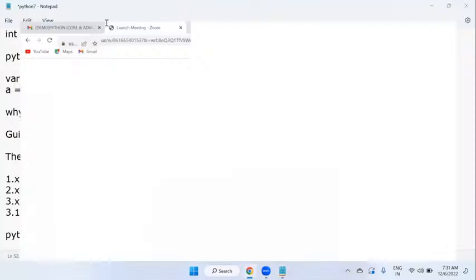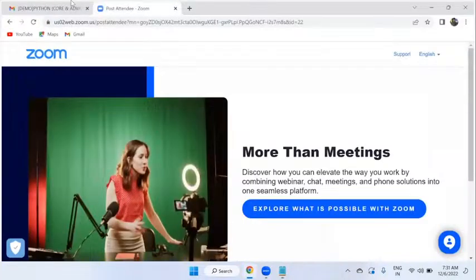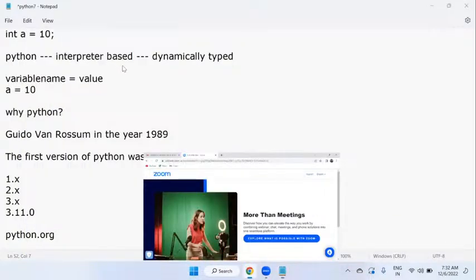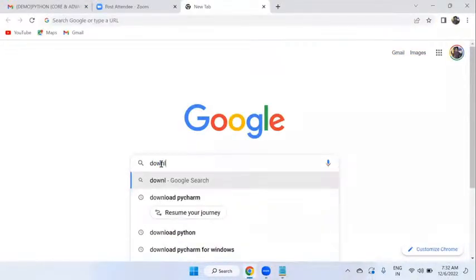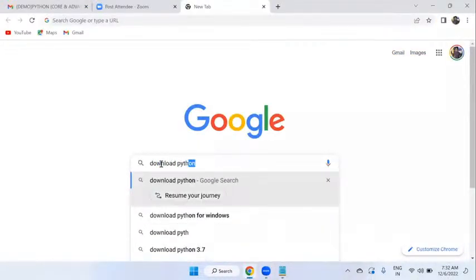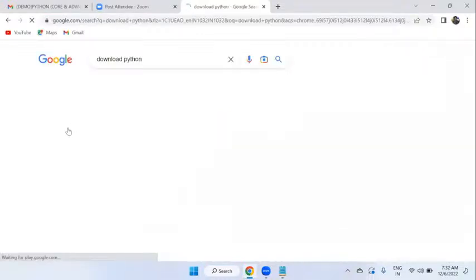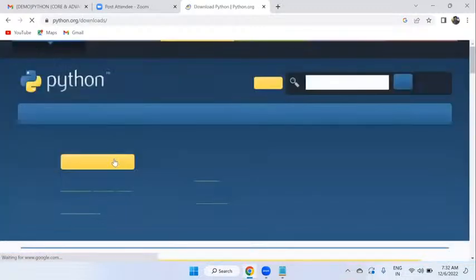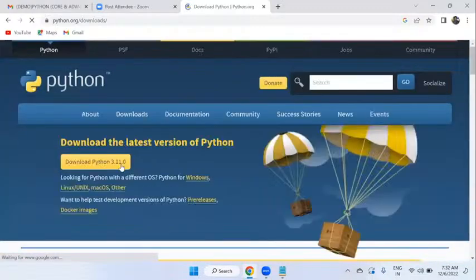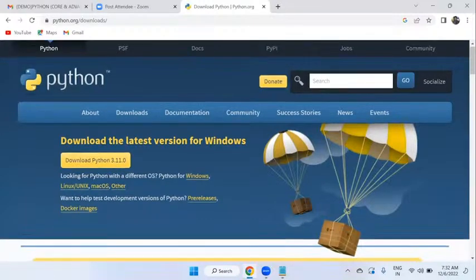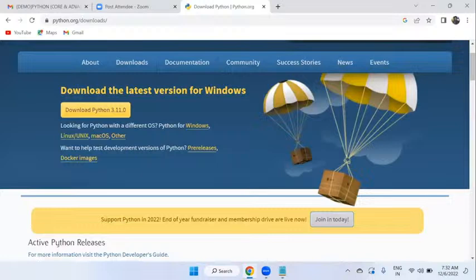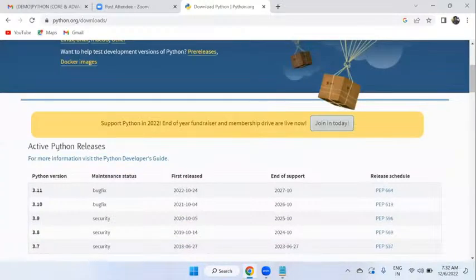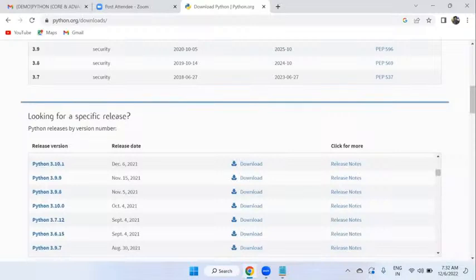Simply go to Google and open a tab. Let me go to Google and download Python. You can search simply. Yeah, so you will be able to see this official website, python.org. Now you can see this is the latest version, download Python 3.11.0. If you want to download this current stable version, click on it. Also, if you are looking for old versions, you can scroll down. You'll find plenty of old versions here. For whichever version you want to work on, you can click on download and use it. We are using the latest version only,